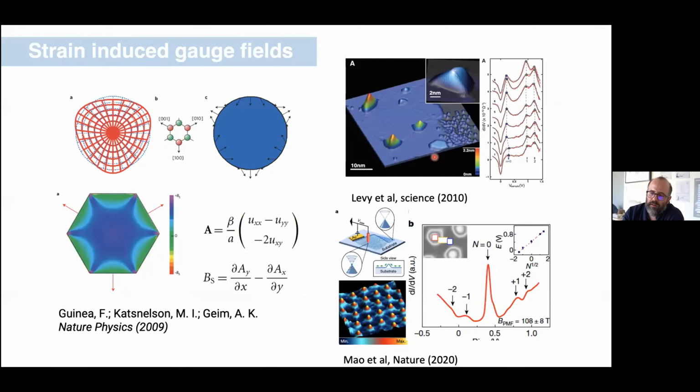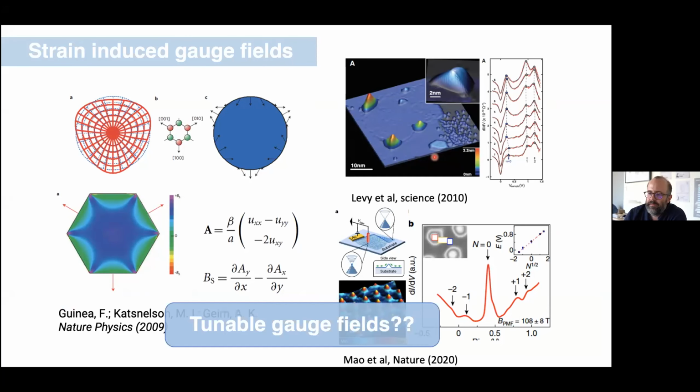Okay, so the ability to impart strain gives us yet a new opportunity. I'm going to skip past this, but if you have a strain gradient in your system, that's a recipe to give a gauge potential or a pseudomagnetic field effect on the system, and you can exploit that to realize something you might call synthetic magnetic fields, and see Landau level quantization even with zero field, etc. This has been explored extensively in the past decade or so. What I'm suggesting is that the techniques I'm showing here might allow us to do this in a tunable way. So we might have access to time varying magnetic fields in these systems by imagining that we can actuate this bending in some controlled way.